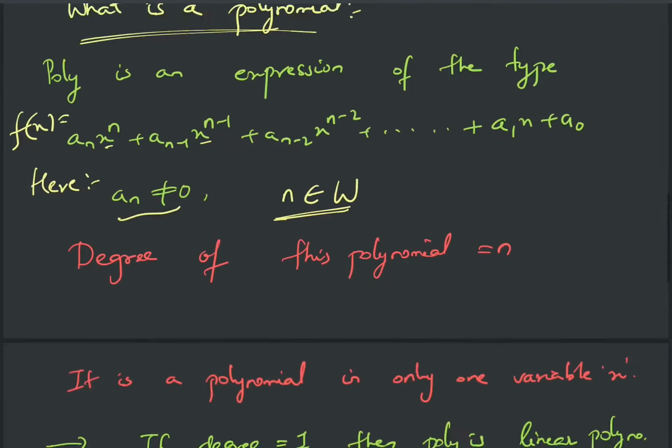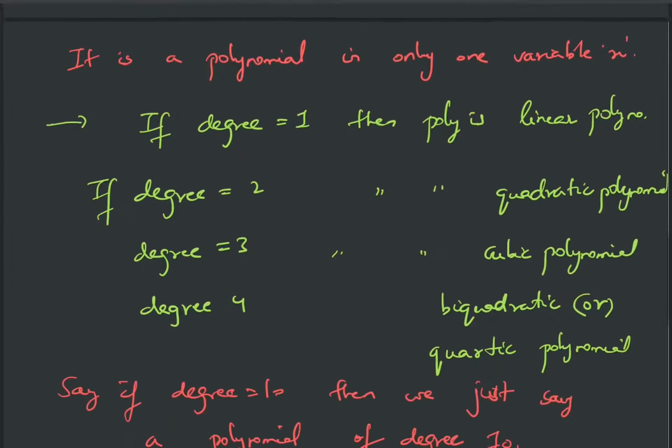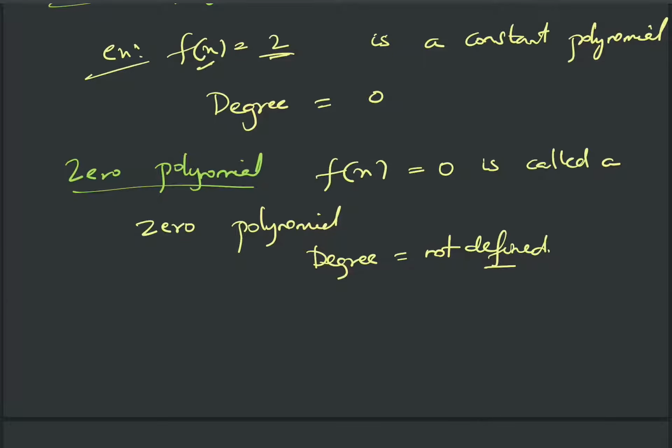So let us try to see some other classifications of polynomials. And one more thing which I forgot is this a n here, right? This a n, what is the highest degree term in this polynomial? That is x power n. x power n is the highest term. So this a n, a n minus 1, a n minus 2, a 1, a 0, and so on, these are called coefficients. These are called coefficients, right? So let us mention this thing.